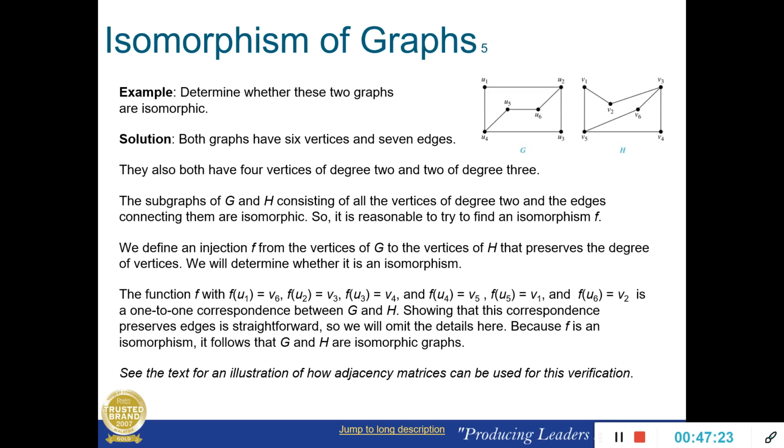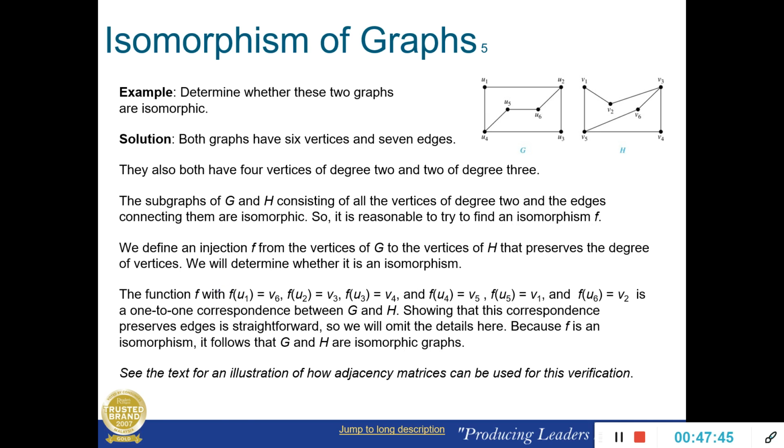Again, determine whether these two graphs are isomorphic. Both graphs have 6 vertices and 7 edges. They also both have 4 vertices of degree 2 and 2 of degree 3. You can check. The subgraphs of G and H consisting of all vertices of degree 2 and the edges connecting them are isomorphic. So we are able to try to find an isomorphism f. So this graph,